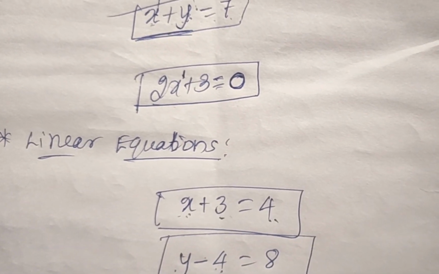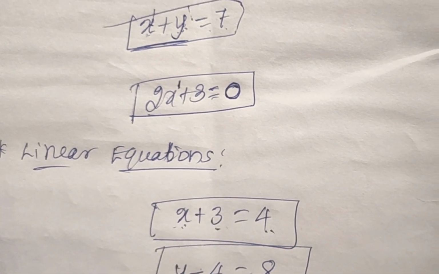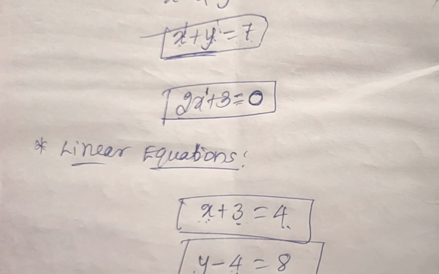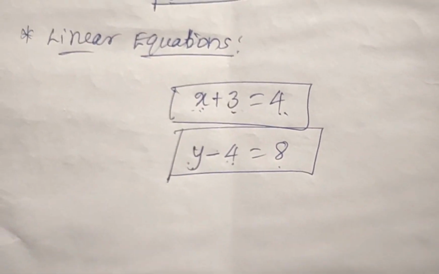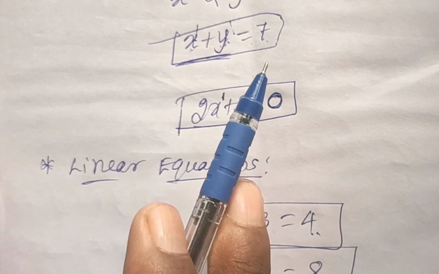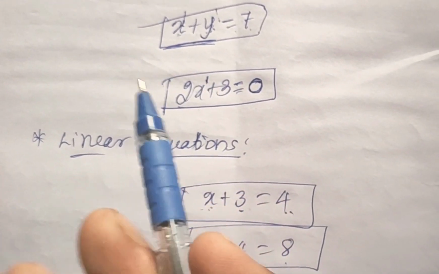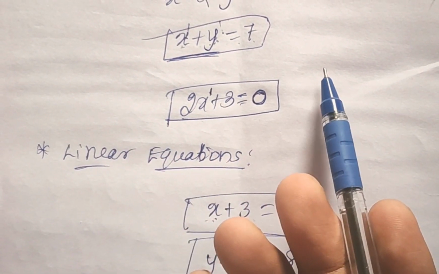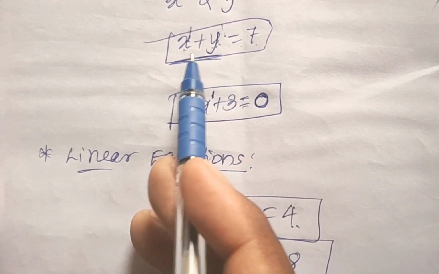First you have to understand the meaning of linear equation, and you have to understand the application also. Many applications are there. Application मतलब क्या होता है? Uses. आप कहाँ पे use करते हैं? मैंने already एक बताया ना आपको, sum of two numbers is equal to 7. What are the numbers? तो आप 4 plus 3 ले सकते हैं, 5 plus 2 भी ले सकते हैं. Many equations will be there, many values will be there.